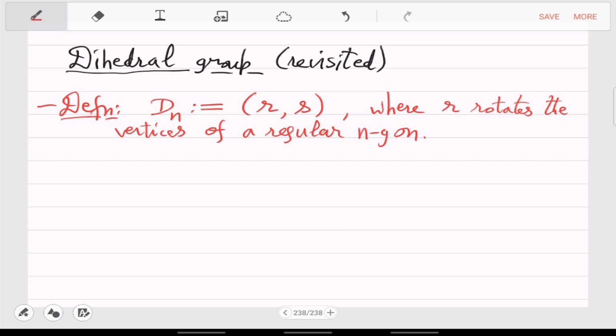And S will do what? The second will just do the reflection. So R rotates and S reflects